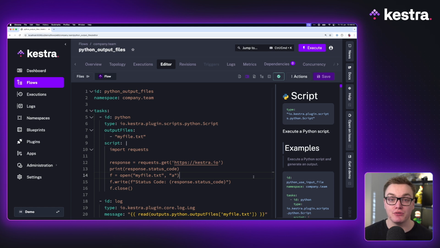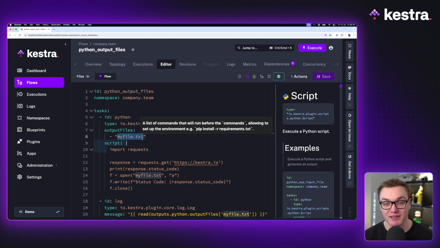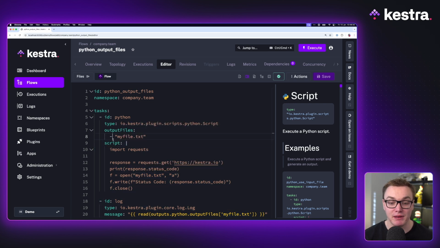Previously, we were just using variables, but you can also generate files that you can then upload or use in later tasks. Now here's an example I have here that is going to write to a simple txt file, and we use the output files property here to be able to specify what output files we are expecting to see. You can use a few different characters here to be able to kind of catch all cases of maybe any CSV file, but in this example we're explicitly saying we only want one output file, and that is going to be my